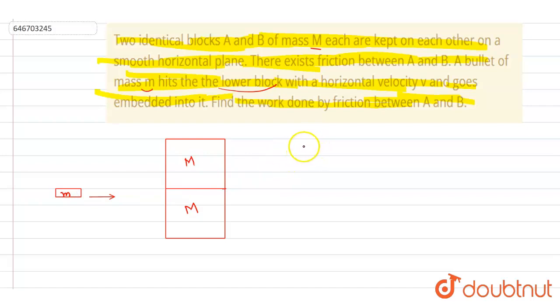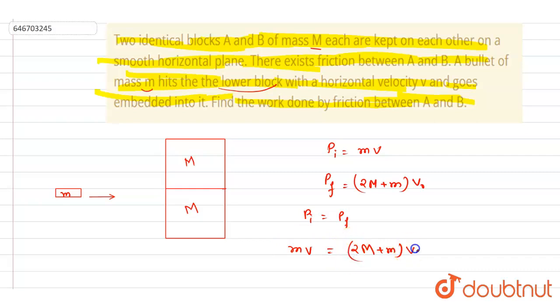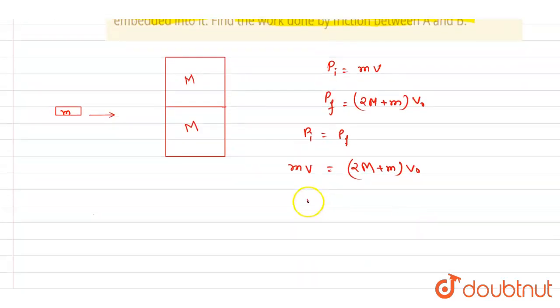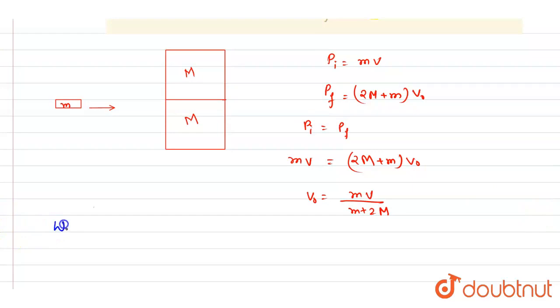So if you see here, if I write down the initial momentum, it is this. Finally, they all will move with the same velocity. So I will write down, let's say their common velocity is v naught. So if I write down the momentum conservation, it is this. So from here you will get v naught is equal to mv divided by small m plus this. So as you got the velocity, you can just write down the work done by the friction